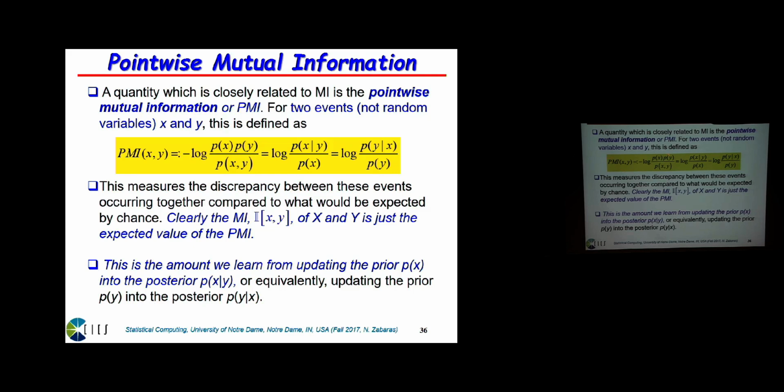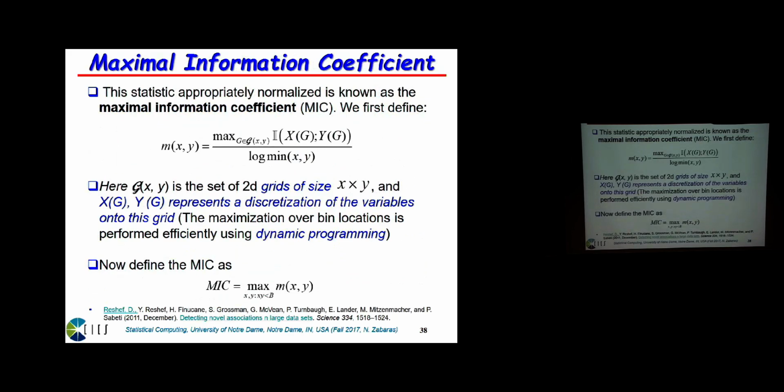So, pointwise mutual information. You remember the mutual information, the way we defined it before, it was the average of this with respect to p of xy. You remember this integral we had before? So effectively, if I take the average of this, I get the mutual information. But these guys, and I'm going to give you the key reference, suggested that we define what is called a pointwise mutual information. And then they went on to define the final entity that they call the maximal information coefficient, which looks like a very strange, very nasty sort of equation.